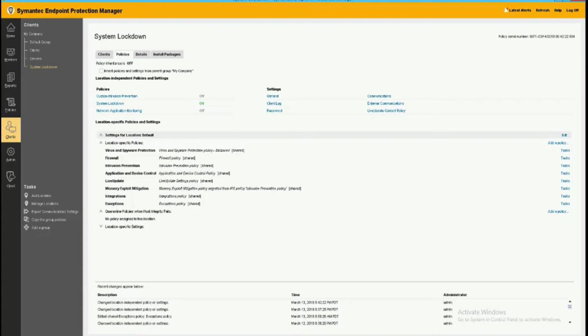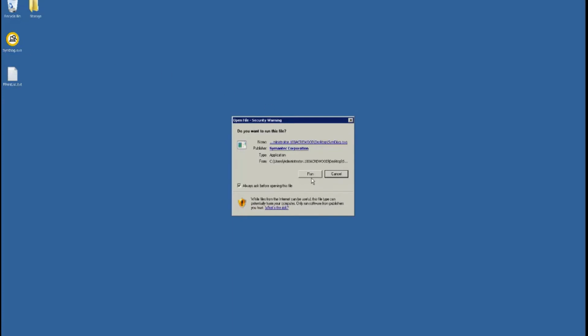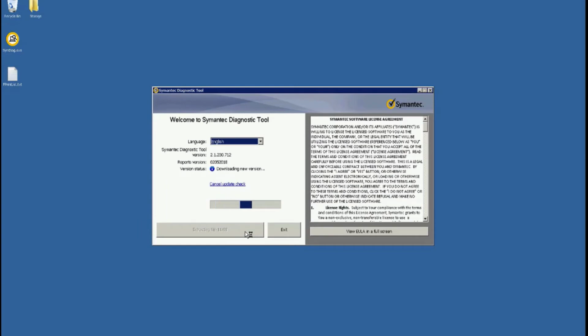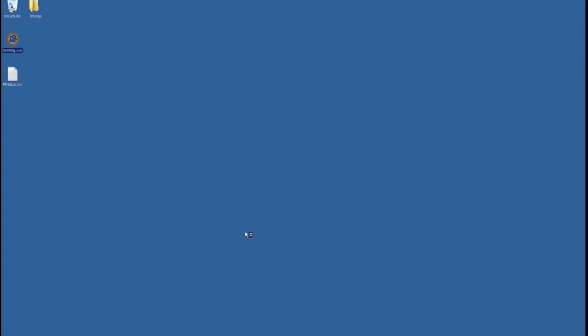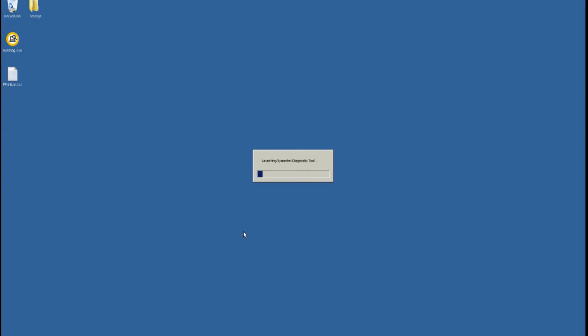We'll take a look at a couple clients here. Here we have a Windows 2000 box. We have a Symantec that was not registered during our fingerprint generation, so we're going to run Symantec so that it will classify this as an unapproved application. It's also always crucial to assign the policy and allow the system lockdown to run in log mode for a duration of a week